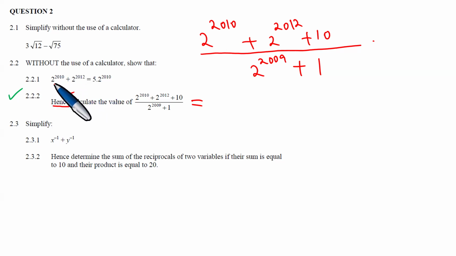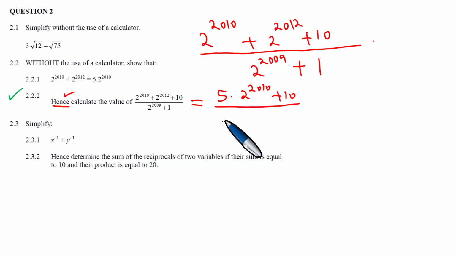The result from above is that 2 to the power 2010 plus 2 to the power 2012 is 5 times that. We already know that these two things are 5 to the power 2010 plus 10, all divided by 2 to the power 2009 plus 1. And then we are done, because here there's a common factor. The highest common factor we can see is a 5 here, and then if you pull out a 5,